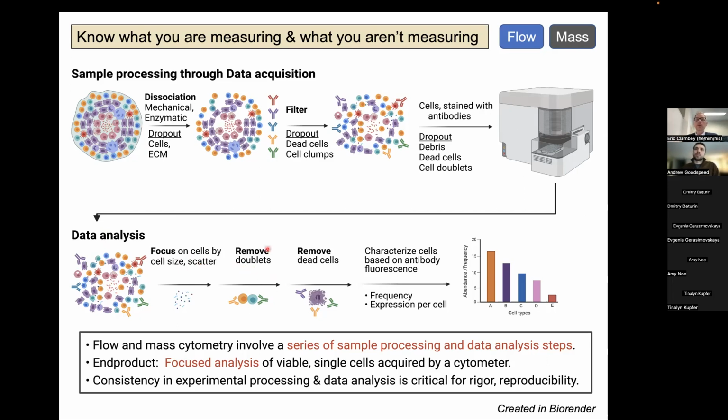But you also remove doublets, because since cytometry is a single cell focused technology, doublets have the possibility of confounding your results. You don't want to, for example, be very excited about an interesting cell phenotype, which is essentially just this orange cell and this green cell, which happen to be stuck together. You also remove dead cells in the analysis, and ultimately you obtain single cell data quantifying protein expression, which can then be aggregated into different cell types. But the point of this is that when you use these technologies, it is important to be aware of both the strengths and the limitations of them.